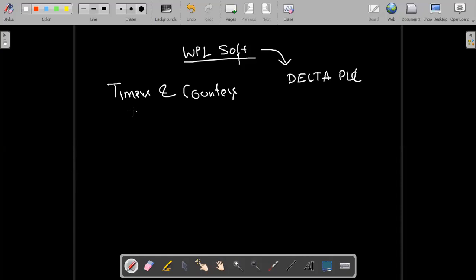So first we'll have a basic intro on this. What is a timer? What is a counter? I want people to interact. So can you please tell me what is the difference between a timer and a counter? You can just type in.